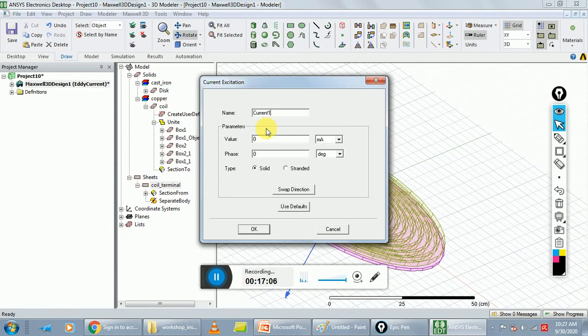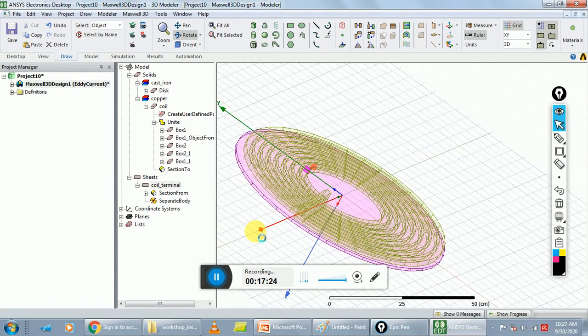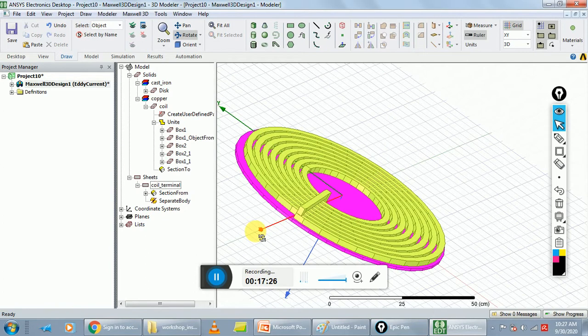Name is Current1 and value of current is 120 ampere, type is solid, phase is as it is. Click on OK. Your excitation part is completed.